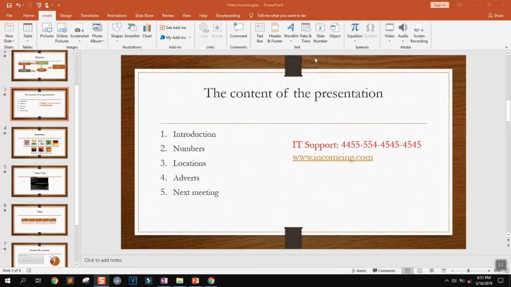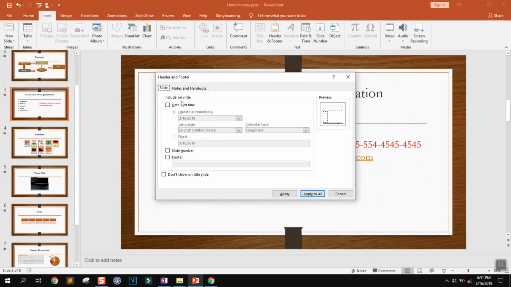Now we're almost done, so I'm going to add date and time to my presentation. In Insert I will select Date and Time, and you can also select a footer and slide number. In the footer you can type what text you want to appear,